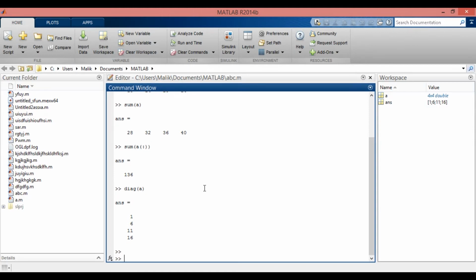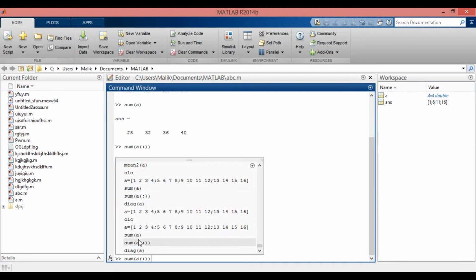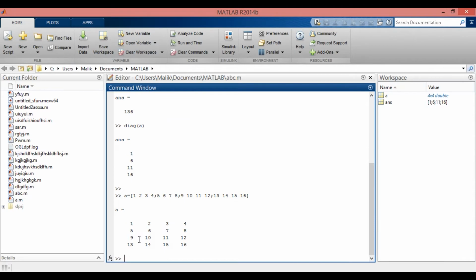We can also use the previous commands without writing them again and again, just by using the up arrow key from the keyboard. So I am using this command for our given matrix because you can see the given matrix has become invisible. So for making it visible I am using this command again, and now press enter. So the matrix is shown again.